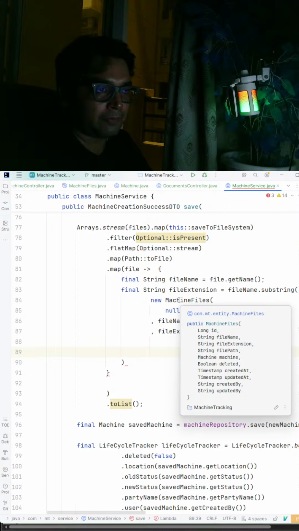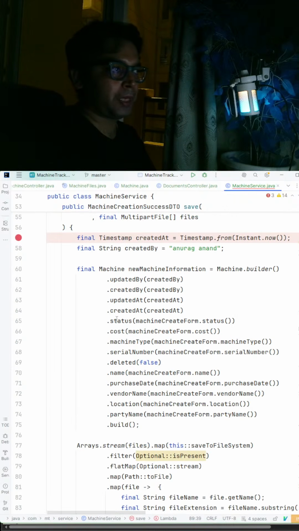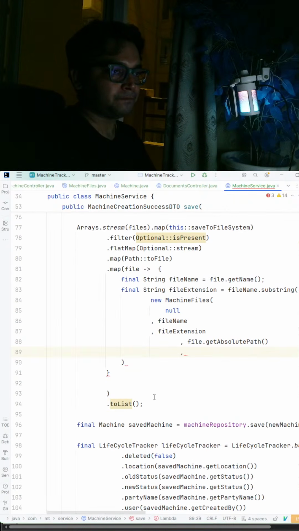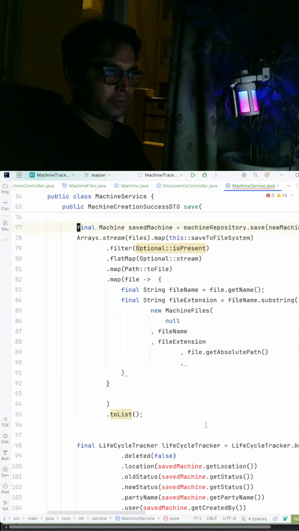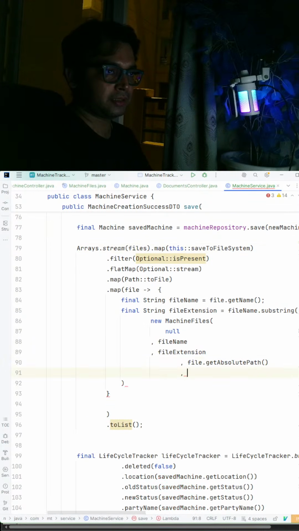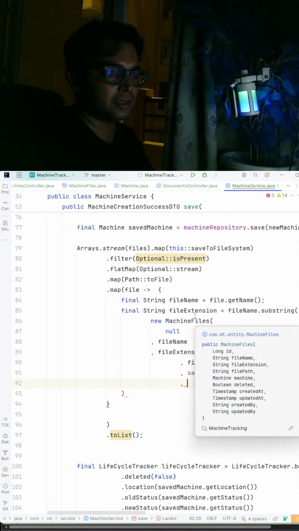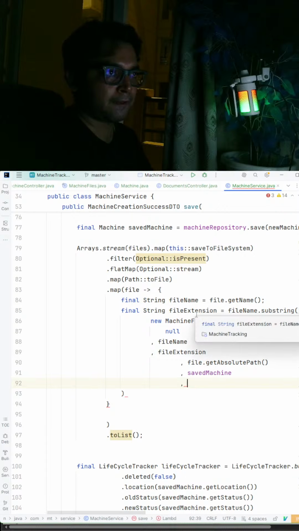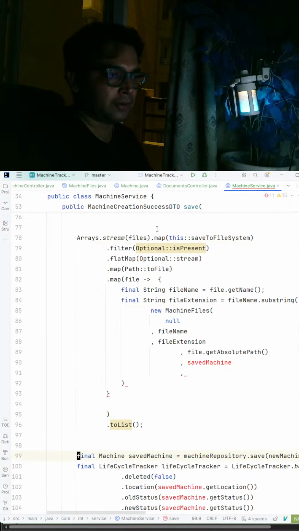Apps file name, file path, machine. Okay. Let's do that here. Save the machine. Saved machine. And okay, just do the testing. Because I'm cascading, I will add this machine, saved machine, and